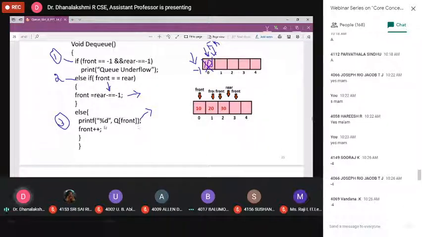What is printf percentage d of Q of front? Now my front is at 0, so that element 10 will be displayed. Now just write front plus plus. That means you increment front by 1. Now my front is pointing here.